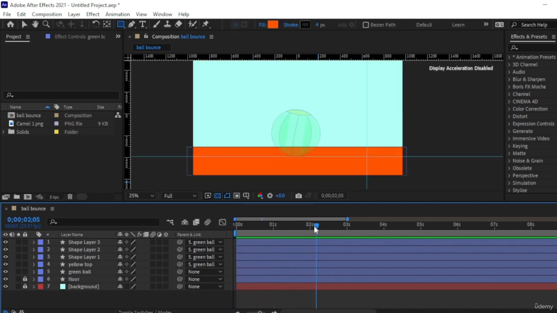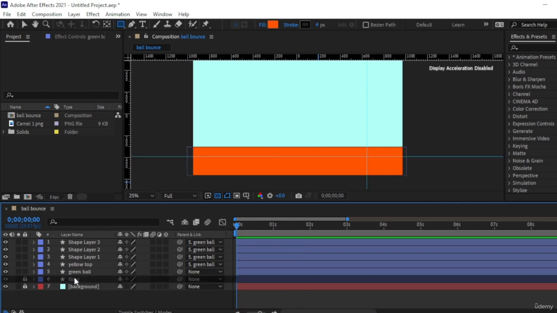Alright, and because we have a floor, it would only make sense to add like a shadow as it becomes closer to the table. So we would have the shadow of the ball appear, and then as it goes up, it kind of becomes smaller, it becomes bigger, and that sort of thing. So underneath the green ball,